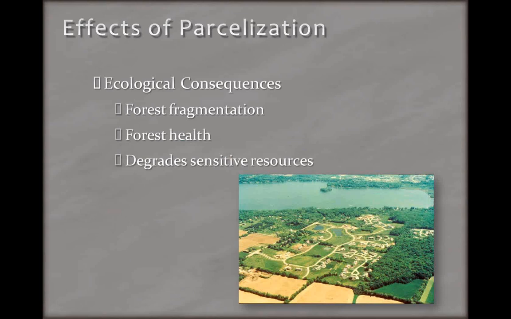We're also seeing forest health impacts with parcelization. At least in the upper Midwest, researchers have found that the succession of the forest base, especially in commercially valued species such as aspen and oak and pine, is reverting to less desired species on parcelized landscapes, partly because the new owners are less likely to manage for higher valued species.